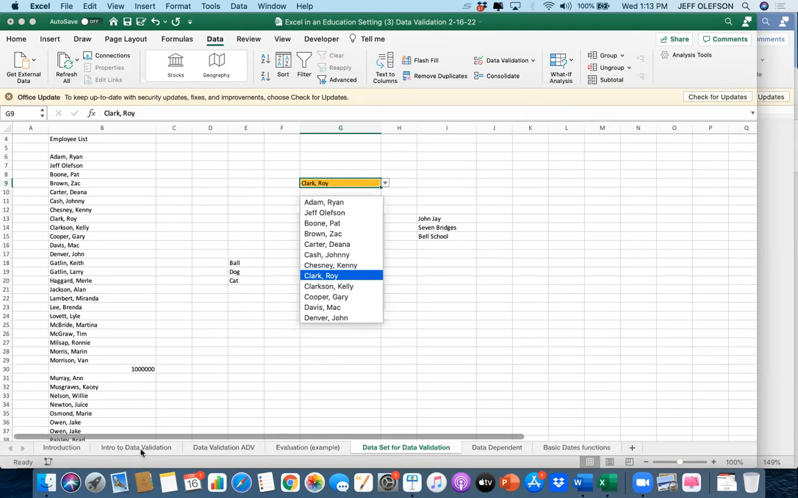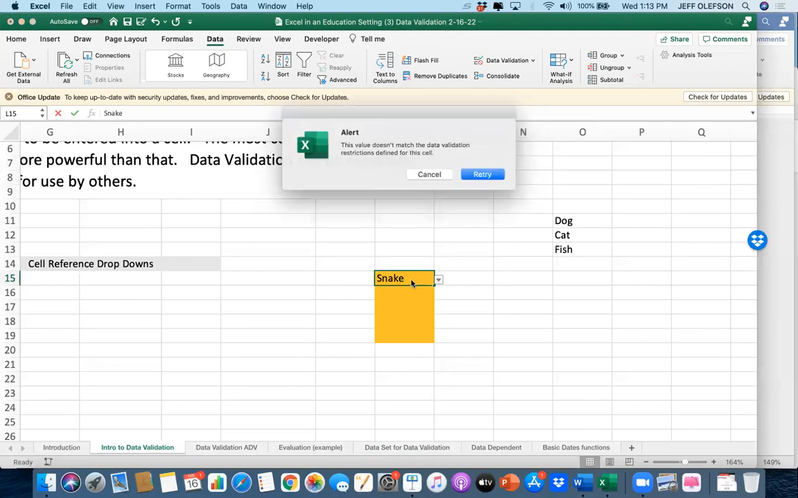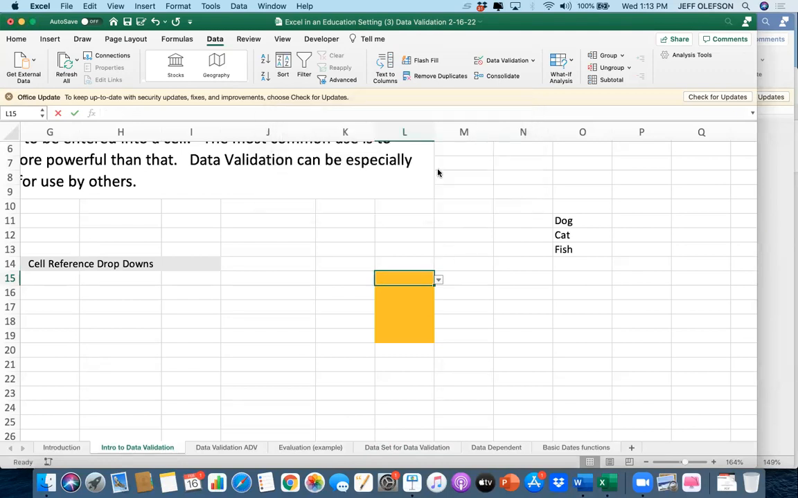Okay. So the problem with this, the way it's set up, is I anticipated that people only have three different kinds of pets. What if they had a different pet than the ones that were here? So they have a snake. Well, all of a sudden it won't take it. And maybe I don't want that. So